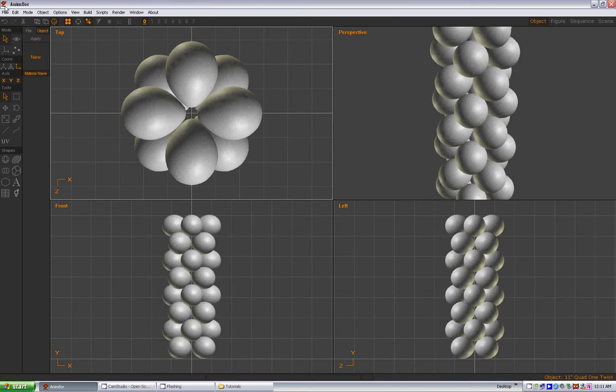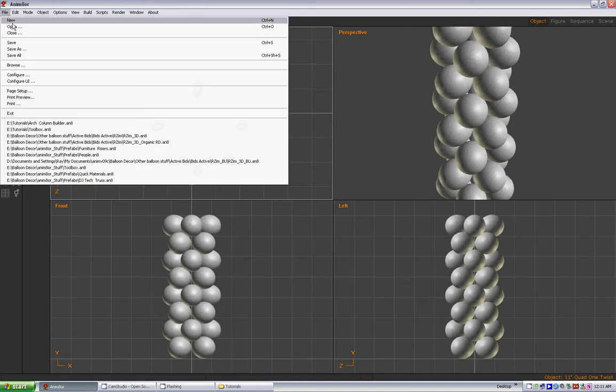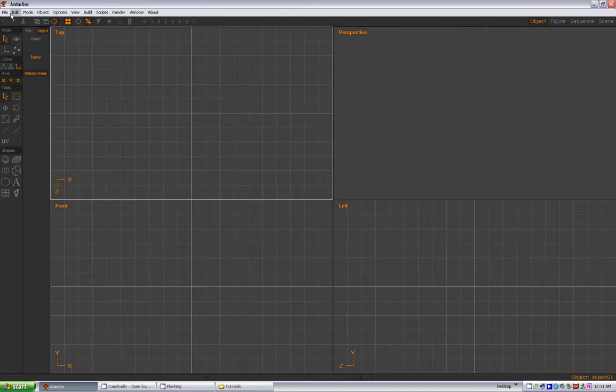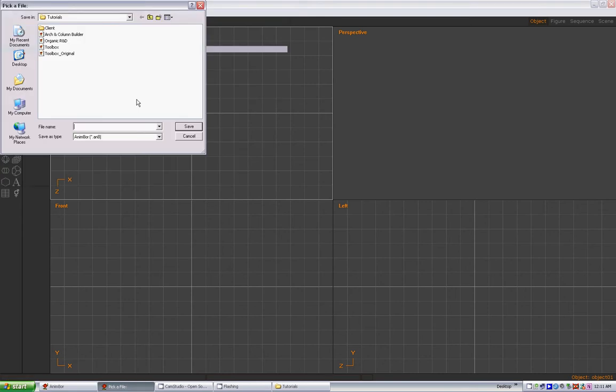So you've got your Arch and Column builder prefab already put together. You've got your toolbox done, so you've got both those available. So go ahead and open your toolbox, open your Arch and Column builder files, have both those ready to go. And what we're going to do is go to File and New, and we're going to go to File and Save As, and we're going to call this